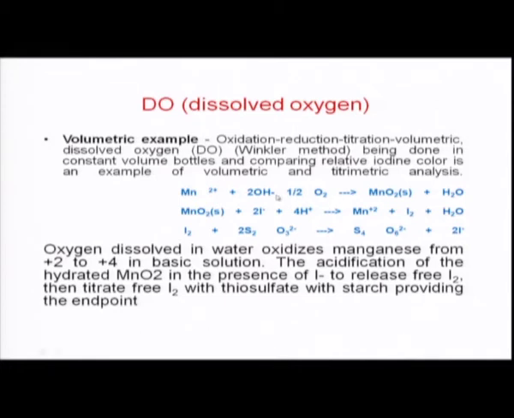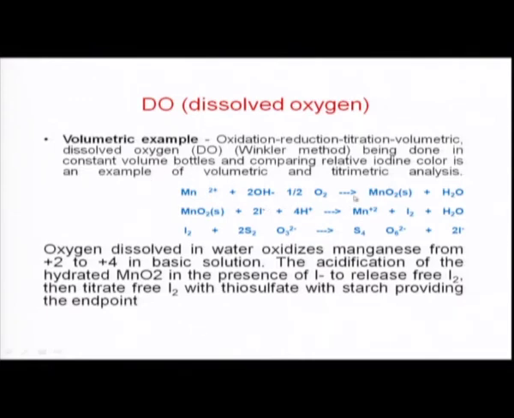This measured value represents a healthy aquatic system; the DO should be greater than 4, and this is again determined by two methods. One is the probe method using a DO probe, also a potentiometric method, possible with an oxygen membrane. Another, the conventional titration method, is Winkler's method, in which manganese sulphate, Mn2+, is taken in the presence of